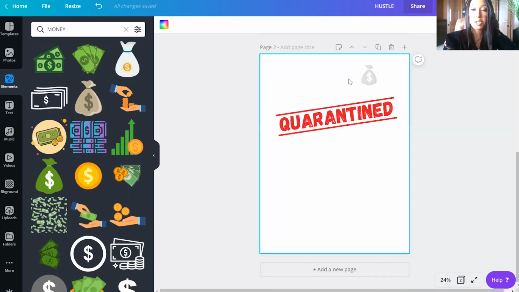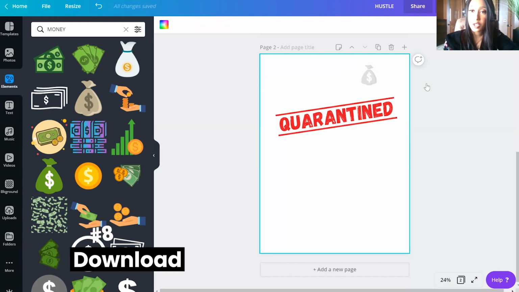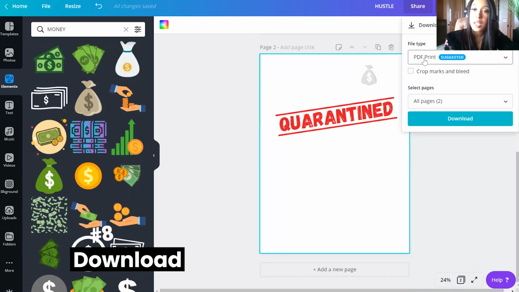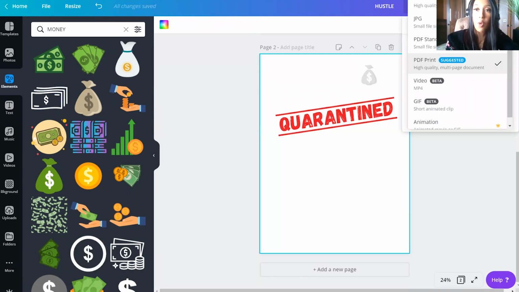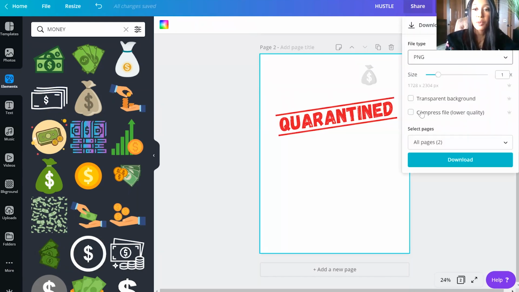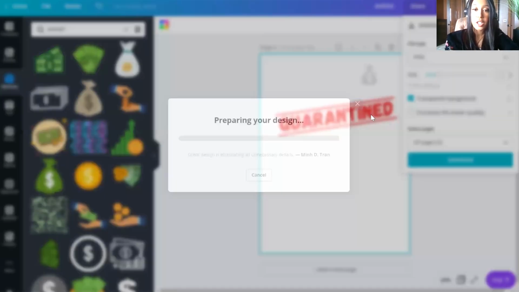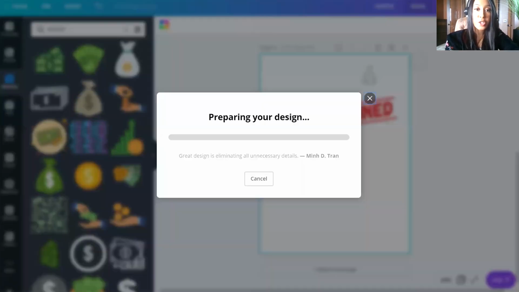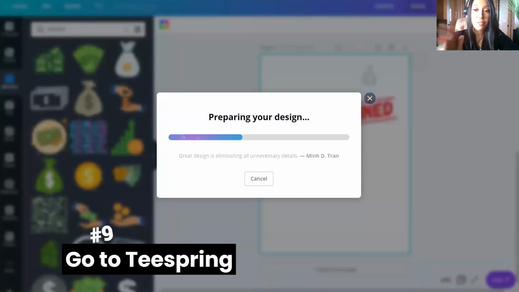So I'm just showing you guys how to do it. This is obviously not some amazing looking t-shirt, but essentially what you're gonna do next is download it. So make sure you have the right thing clicked. You're gonna do a PNG, that's a high quality image file. And then you wanna make sure it's transparent, so you don't show the white part on the t-shirt. So you're gonna download that, and then next you're going to go to Teespring once you have your design picked